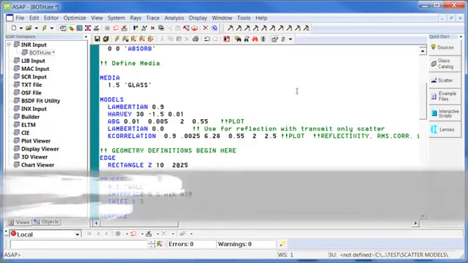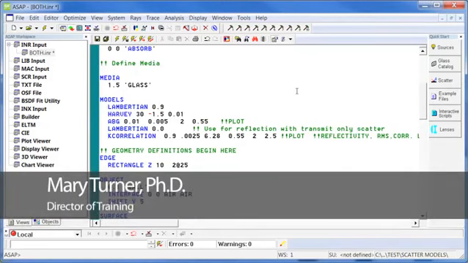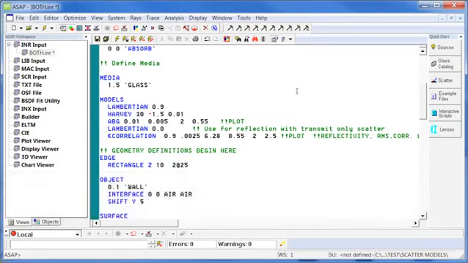In ASAP 2012, ASAP has added to the wide array of models available for you to simulate surface scatter within your system. In particular, we have added an ABG model as well as a K-correlation model. These models are in many ways similar to Harvey or other models that already exist in ASAP, but what this